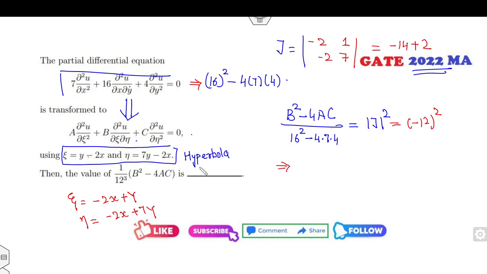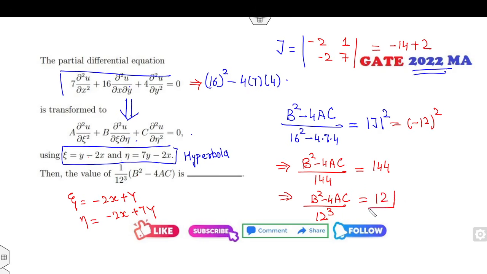So now my target is to find the value of b square minus 4ac. If you solve them, it will be 144. Now I need to divide by 12 square, so I can divide by 12. So the right answer of this problem is 12. And you can see how many seconds you need to solve the problem: maximum 10 to 15 seconds.